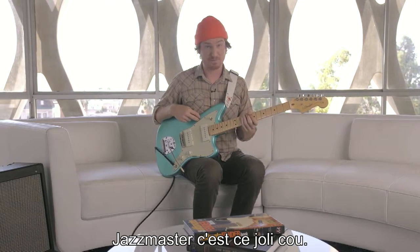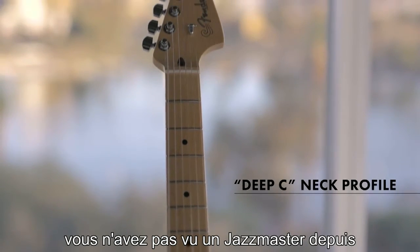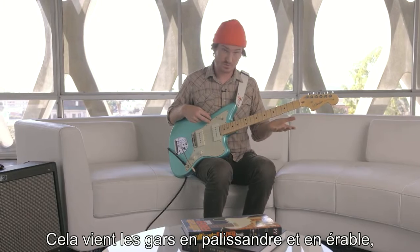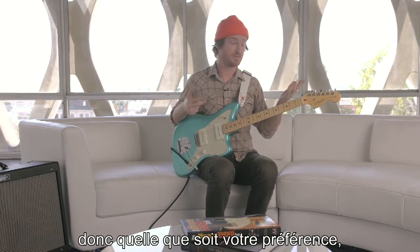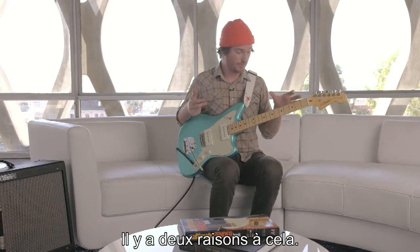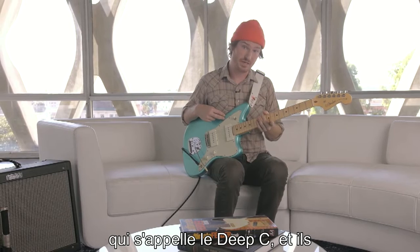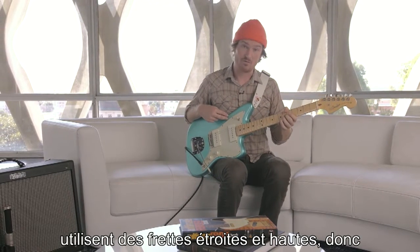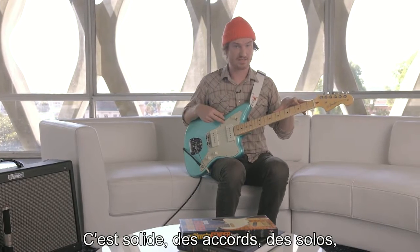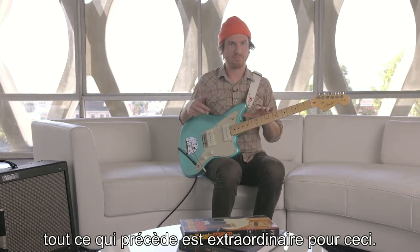Jazzmaster is this beautiful neck. Obviously, maybe right off the rip, you haven't seen a Jazzmaster in quite a long time with a maple neck. These guys are coming in rosewoods and maples, so whatever your preference is, this particular maple feels amazing. There's a couple reasons for that. They're using a new neck profile, which is called the Deep C, and they're using narrow, tall frets. So essentially what that means is this thing is fast, it's solid, chords, solos, tapping, all of the above feels